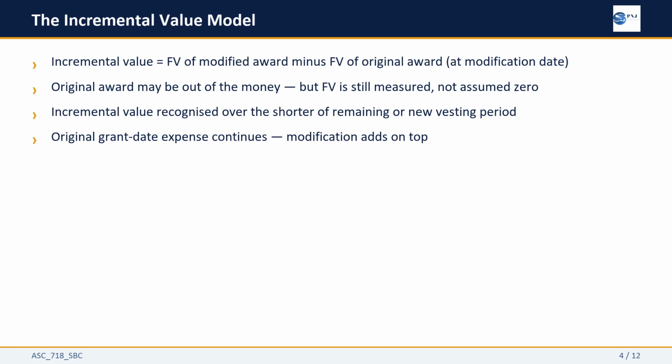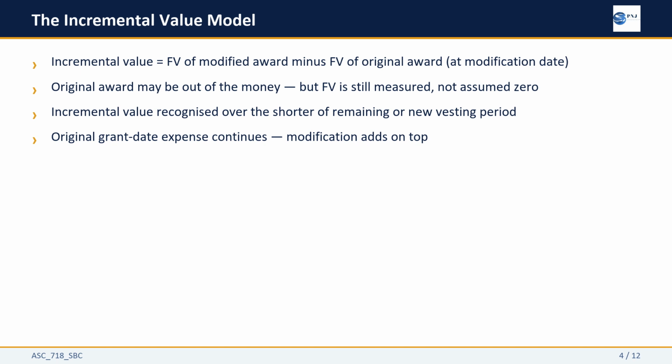The incremental value is then recognized as additional compensation expense over the shorter of the remaining vesting period of the original award or the vesting period of the modified award. Critically, the original grant date expense continues on its original schedule. Modification expense is layered on top. The company ends up recognizing at least the original grant date fair value in full, plus any positive incremental value